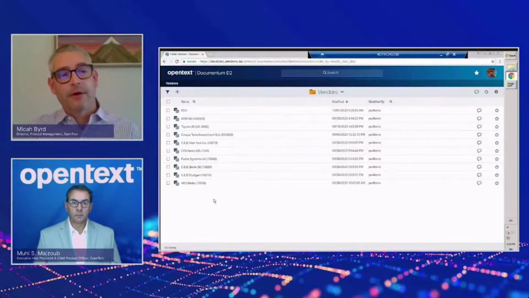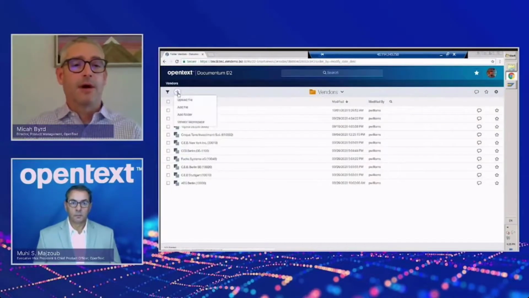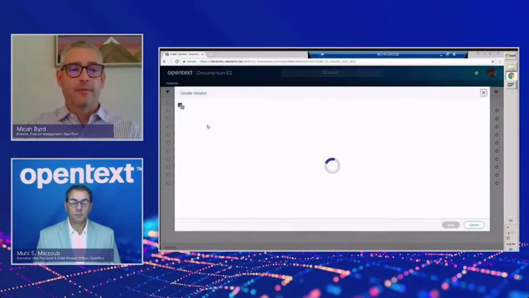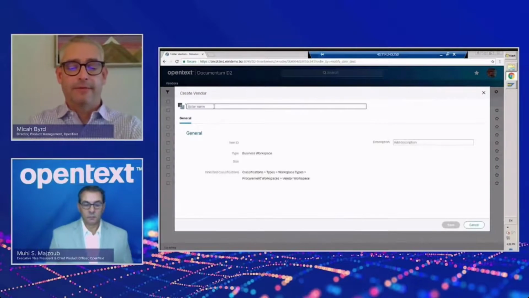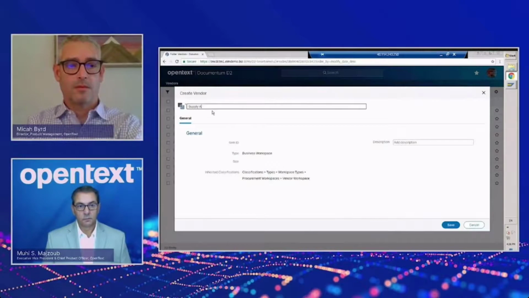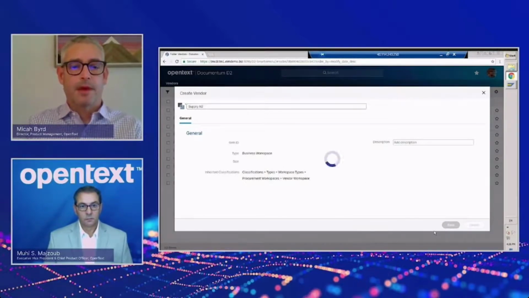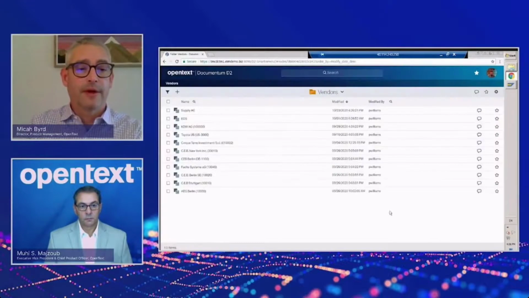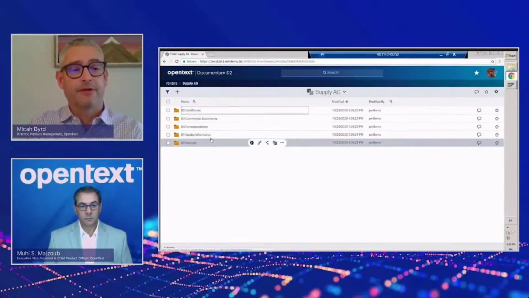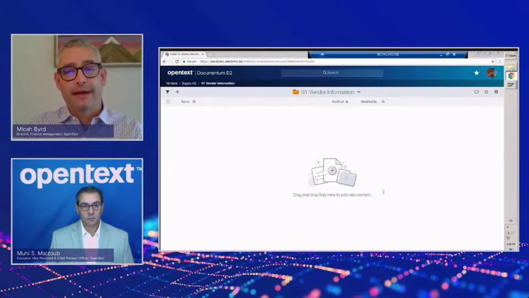So what I want to do is create a vendor workspace for content to be added and for collaboration to occur between myself and that outside vendor. So this is going to provide me the ability to add that vendor here. So I will go ahead and add that. Okay, and we'll go ahead and save it. And what this is going to do is create a structure for me to work within. So if I open this up, you'll see the same common structure,